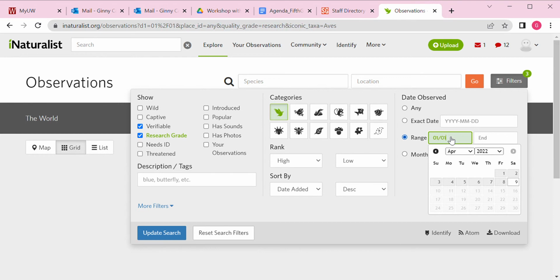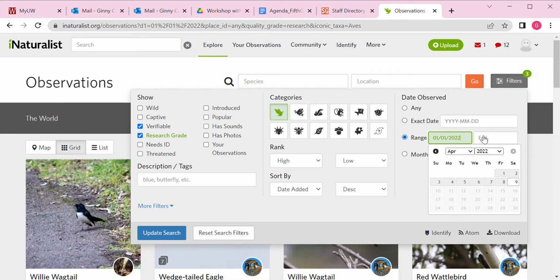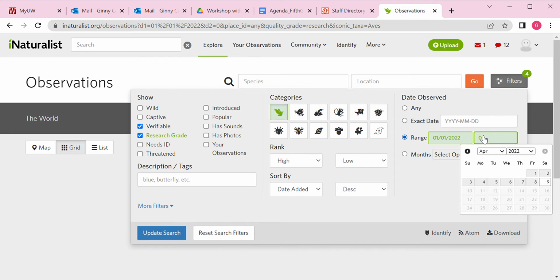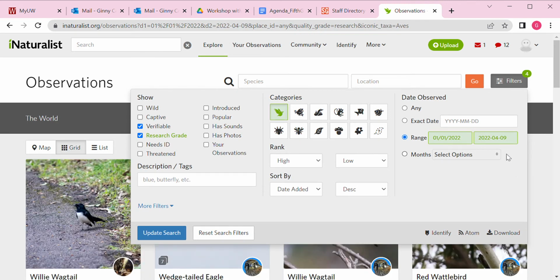So we'll start 01/01/2022, and today's date, I'm pre-recording it prior to the workshop, is the 9th, so that's as far as we can get. And then let's see, if we want some more filters, we can sort by